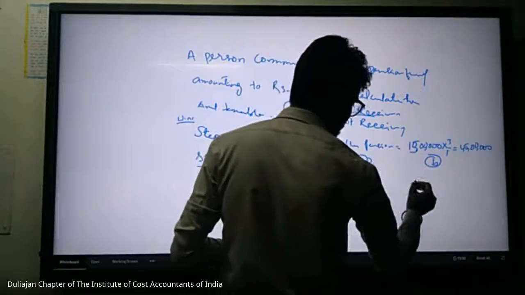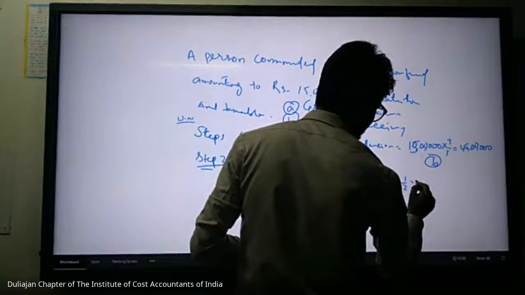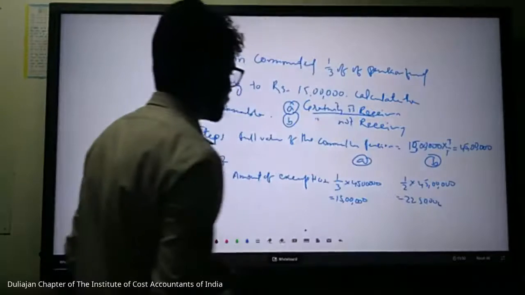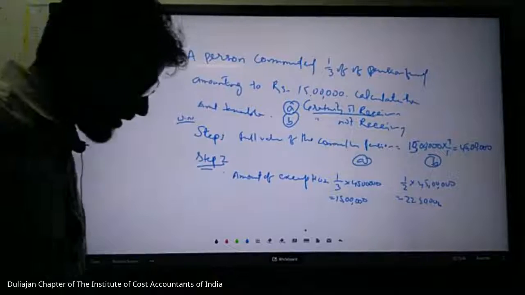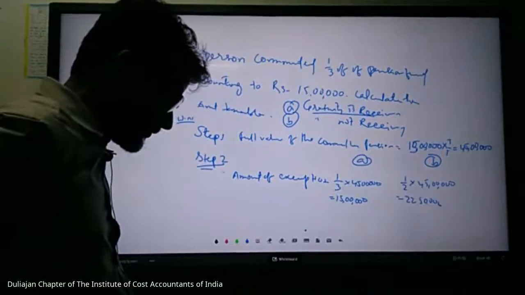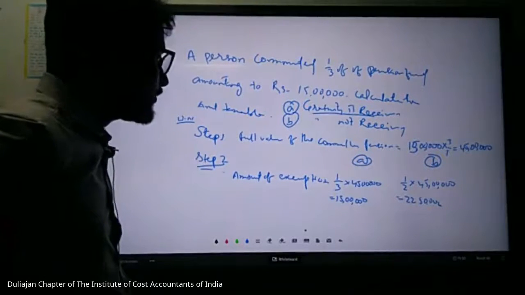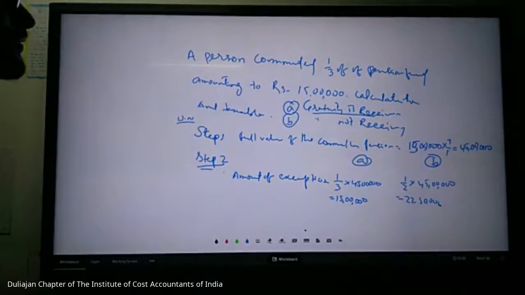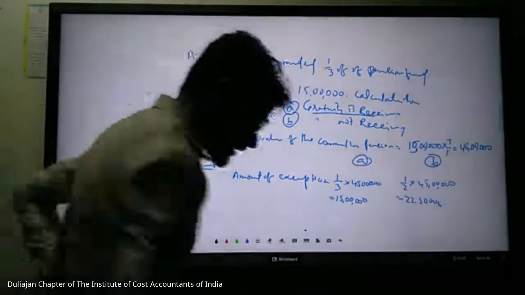If gratuity is not received, then half, 22,50,000. अभी 15 लाख रिसीव किया सो फुल अमाउंट एग्जेम्प्टेड हो जाएगा, ठीक है।